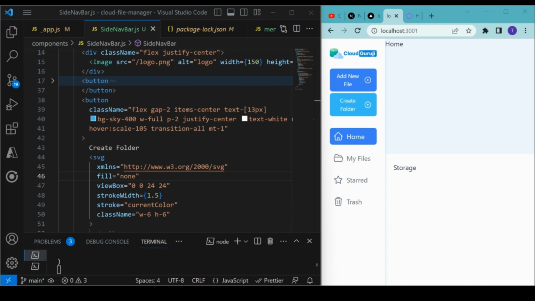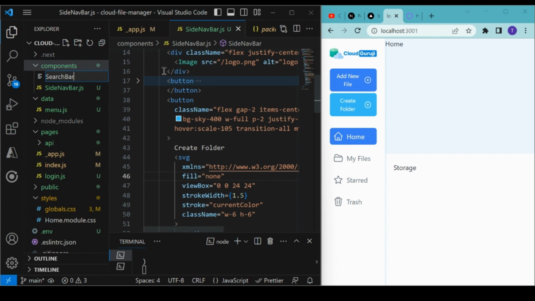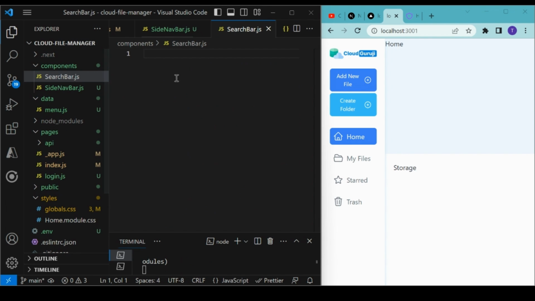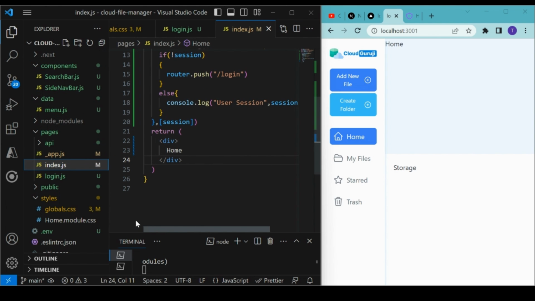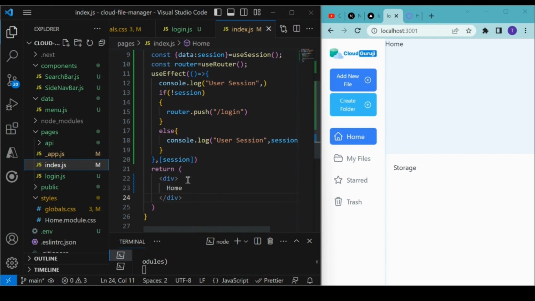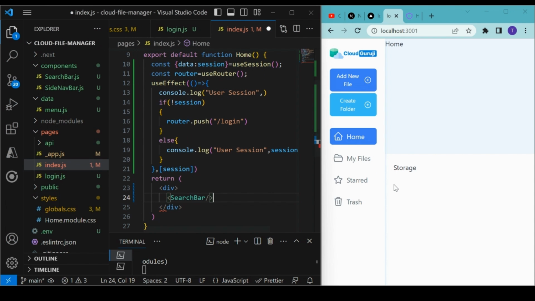Now let's add the search bar at the top section. Okay, so we'll make it quite easy. First of all, go to the components. Here you can add the searchbar.js and add the default template by typing rfc. It added the default template, and then add this search bar in index.js. Okay, so you can add it here, or depending on whether you want it throughout the application, you can keep it, but for now we will add it here, and then if you need, we can change it. Okay, so I will add it here like this and save it, and if you see, the search bar is showing